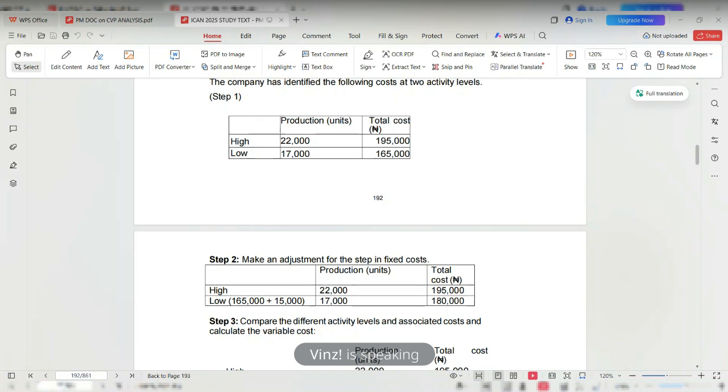Y equals A plus BX. So what is our Y? We don't know our Y. Y is what we want to look for now. We don't know our Y, but we know our A to be what? Our A is 114,000 plus B. What is our B? 3 naira per unit multiplied by what? Multiplied by 20,000. That is the total number of units they want to produce. Then we can now say Y equals